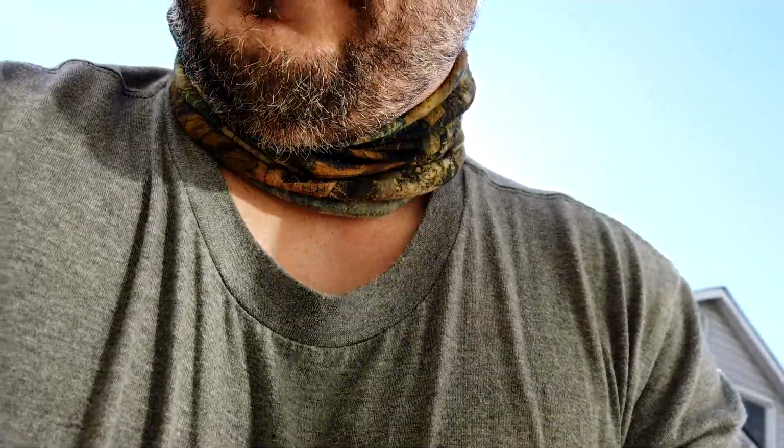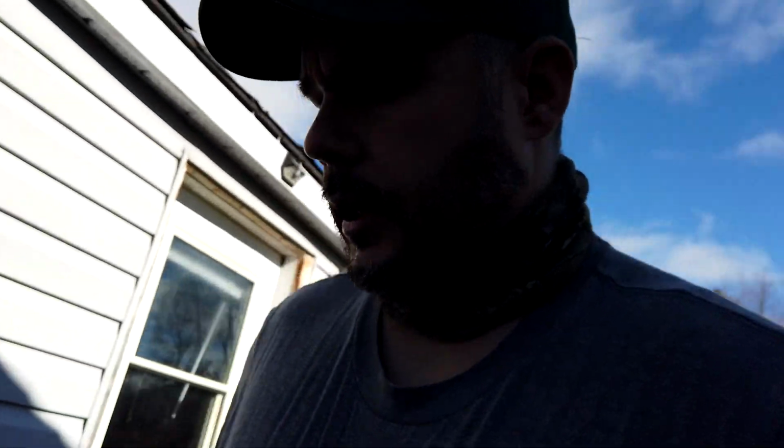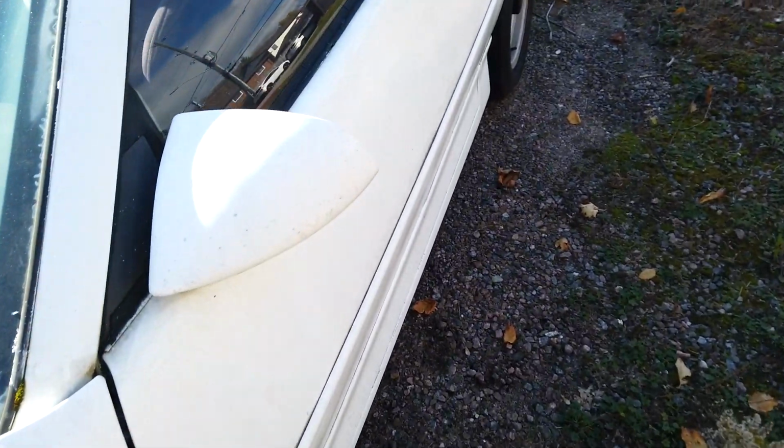Anyway, guys, let's see if my big stupid plan to fire up the car is actually somewhat successful. This weather reminds me of that one time in December last year when I tried to make that stupid tent out there. I'll unplug the power cord from here. Alright, let's take care of the hood latch. Disconnecting the battery, take that charger out from underneath the hood, and see if this thing will start. Alright, survey says...